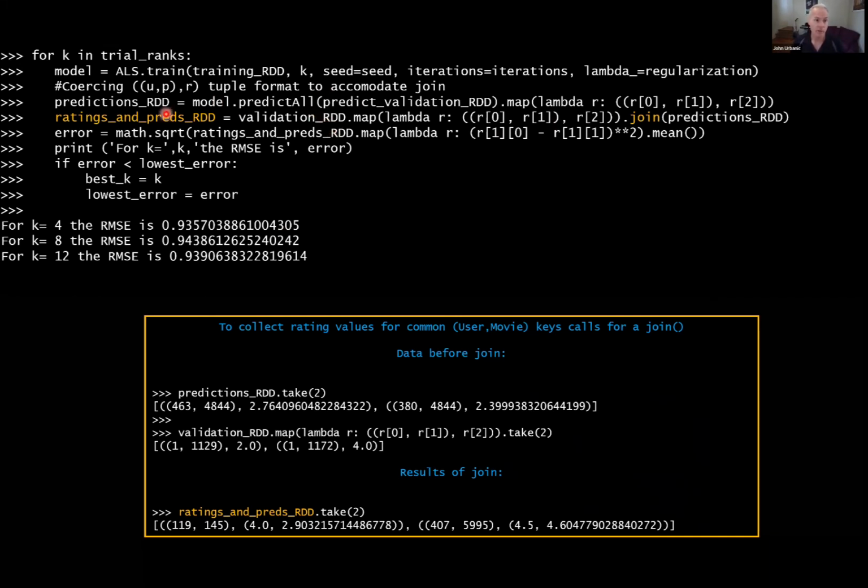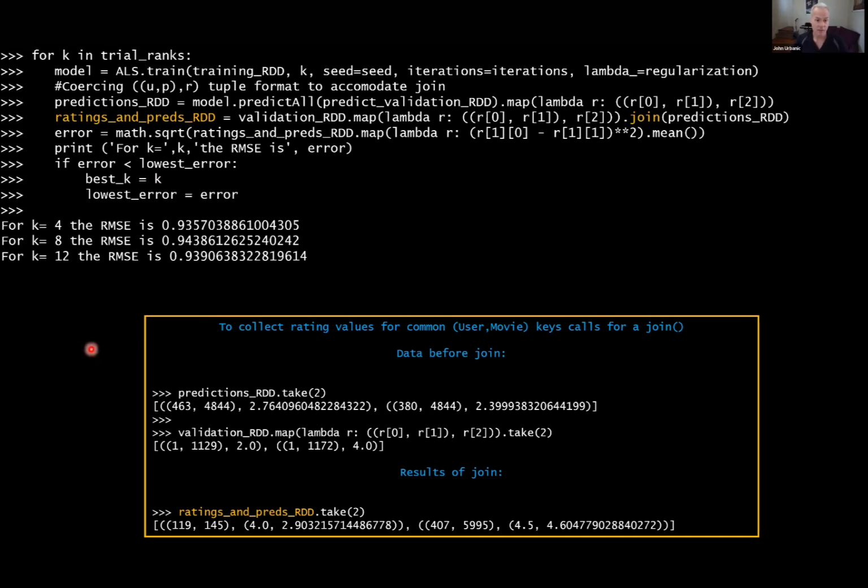And if it was boring to you, then you can at least see that, hey, we got ourselves down here to where we can do this simple math, which is just take the difference between the star given rating and the predicted rating. We square the difference. We take the mean and we take the square root of that. Boom, root mean square. That's all this line is here. And then we can finally print out our error. So I hope this was just some boring data juggling to get some math.